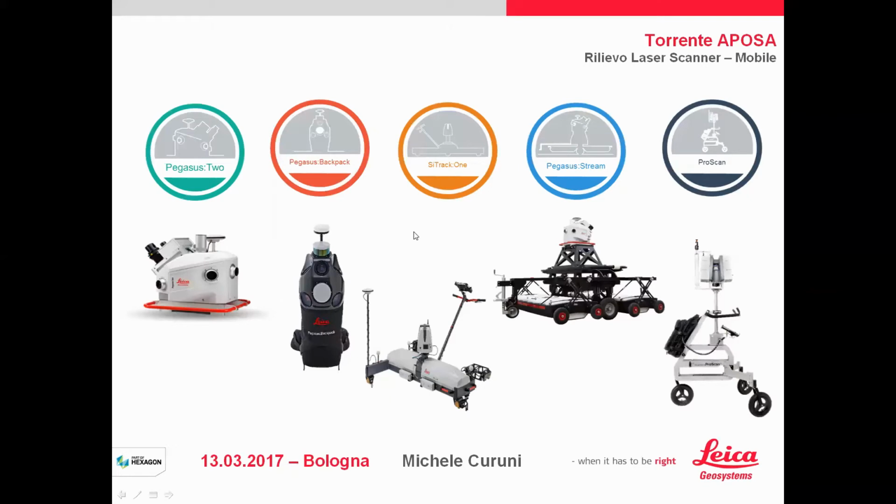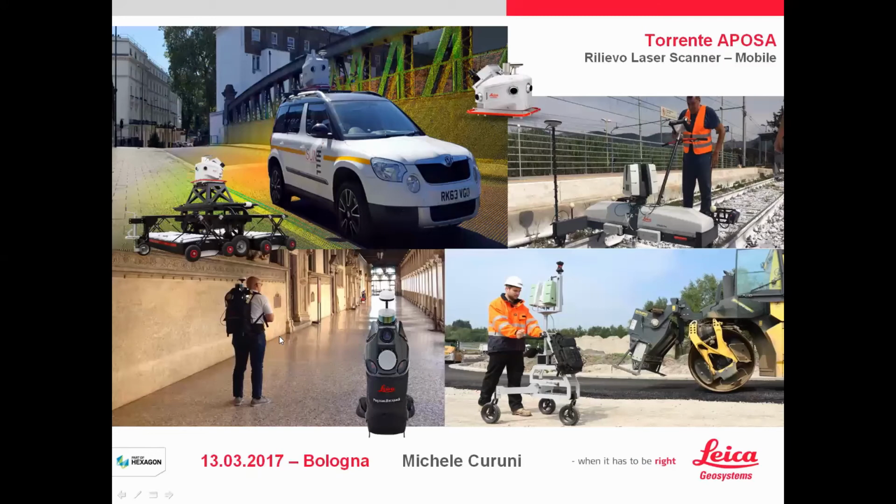So I've lost my time showing this, and I have chosen terrestrial laser scanning. This is the same tools, the same solution in mobile on the field. So you can fix in one slide the applications that are possible to do in very fast solutions. Remember, you can measure with Pegasus, for example, from 20 until 80 kilometers per hour, and you collect terabytes of point cloud. So they are unbelievable tools,